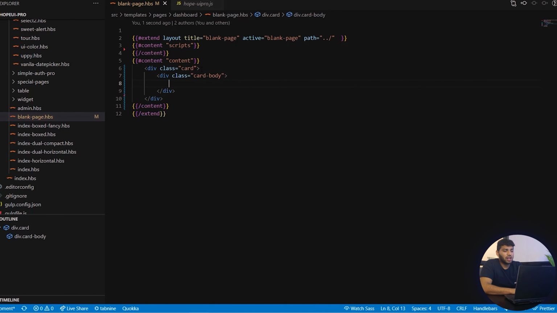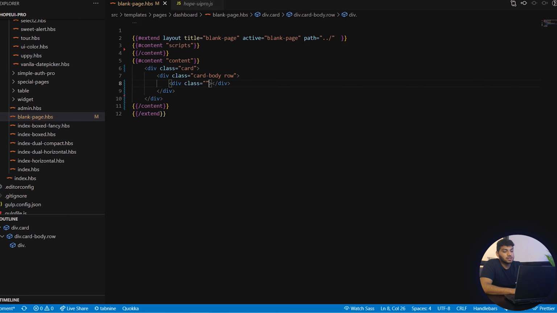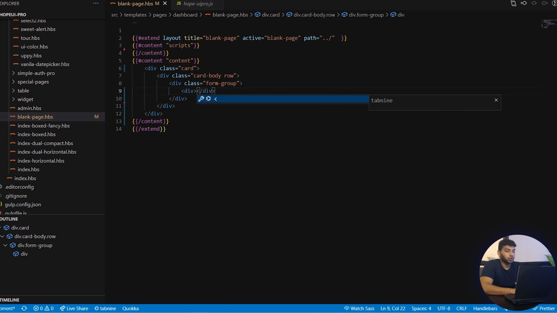In this card body we'll have our form. Since we will be setting all this in rows and columns, we will be adding one more class called row in your card body. After that we will be creating a form. To create it we will take another div with the class equals to form-group. Since we are creating a form, the class needs to be the form-group class. After that, to create the input, we will take another separate div,